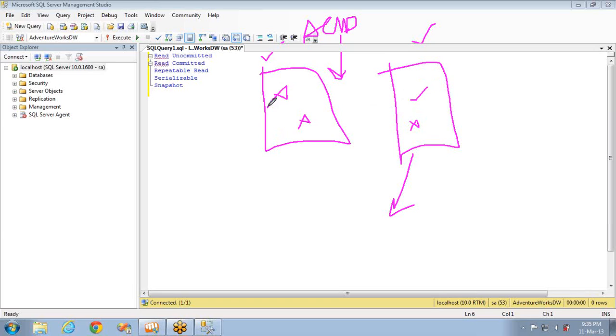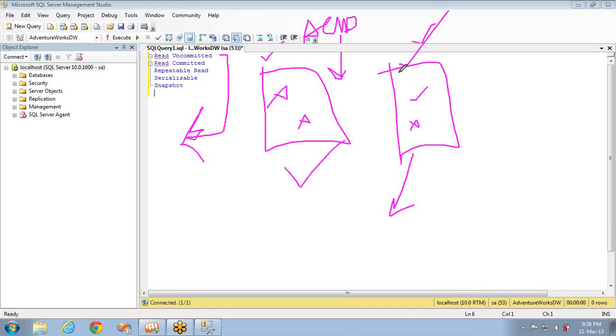So to avoid this, we are getting these isolation levels into the picture, and now we are discussing the first isolation level, that is read uncommitted. Between two transactions, this is the simplest form. This is the simplest isolation level that you can proceed with. The name itself says read uncommitted. Whether the first transaction is committing the data or not, I don't bother. Read it. Whatever is available, read it.